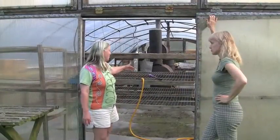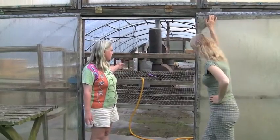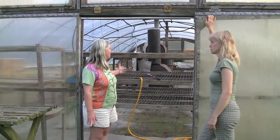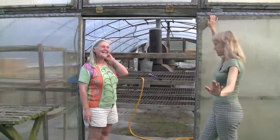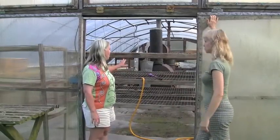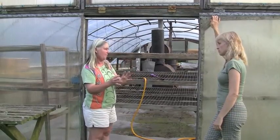If you had arrived here a couple months ago, this greenhouse would have been filled and overflowing with thousands of transplants. But of course, the season is over. The end of May, the last day of May is my last day, and it's empty now. I'm a free person. She's free from having to transplant anything. But you've got tons of shelving in here, and you just fill the whole thing up. The whole thing, I mean, there's a certain point when I'm still transplanting and things aren't quite moving fast, that